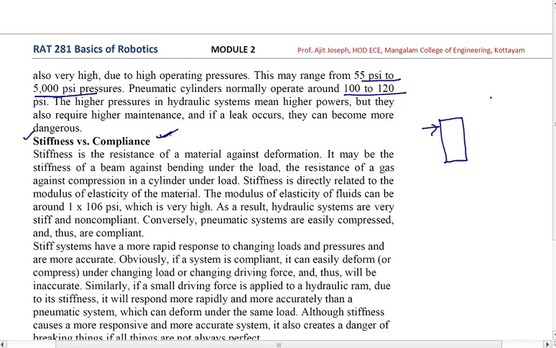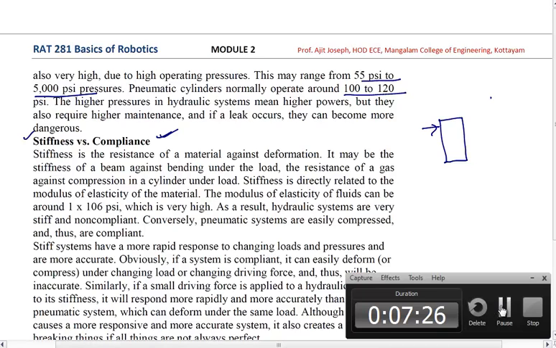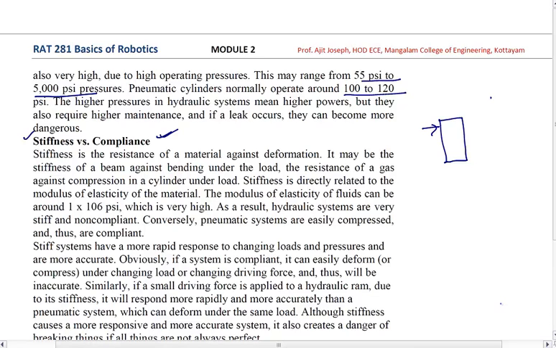So there is always a bargain between materials, whether they are stiff or compliant. Generally, if it is very stiff, the compliance is very, very low. And if the compliance is very high, the stiffness is very, very low. Now, why are we discussing stiffness and compliance? It is because in hydraulics,